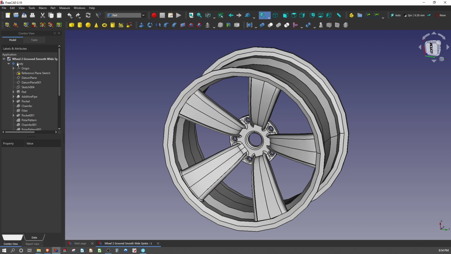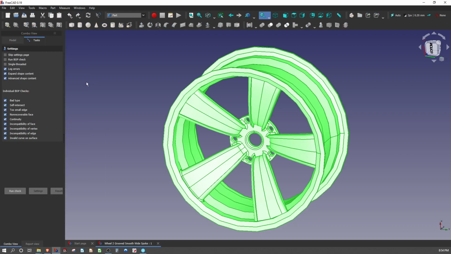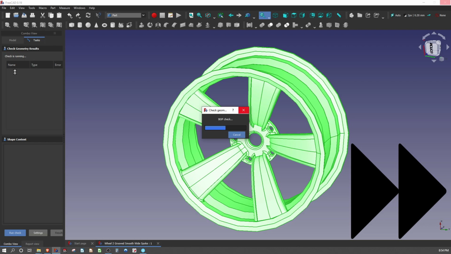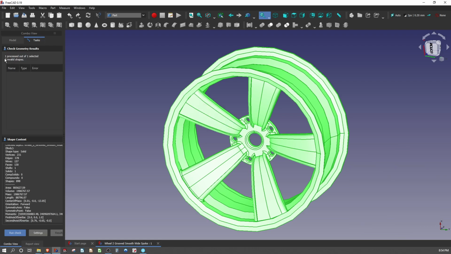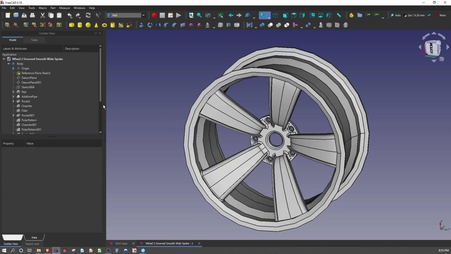Let's take a look. If I highlight my body and say Part, Check Geometry, we're just going to make sure that this has some integrity here. And yep, we have 0 invalid shapes. So we're looking all right. Our close button is hiding back here. So we'll go ahead and close our checker, and